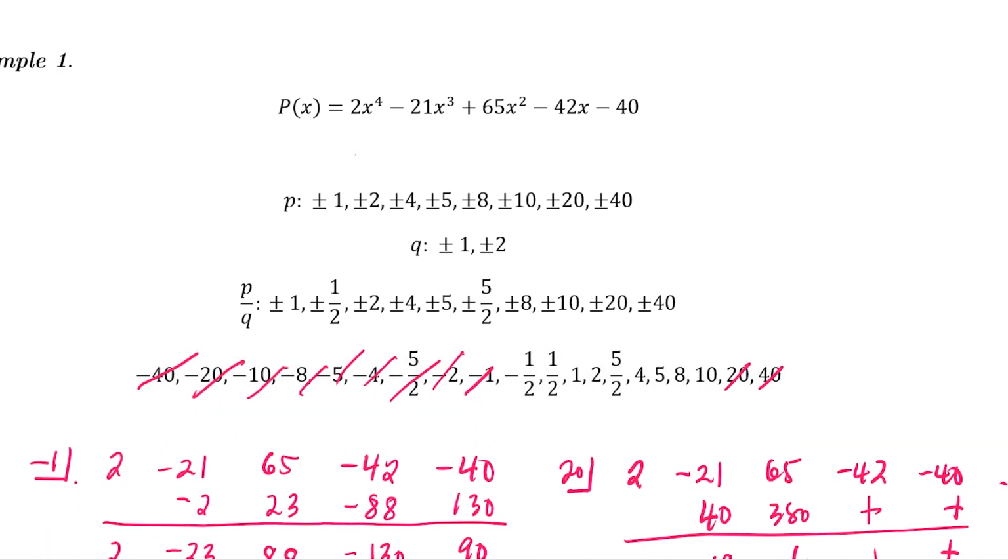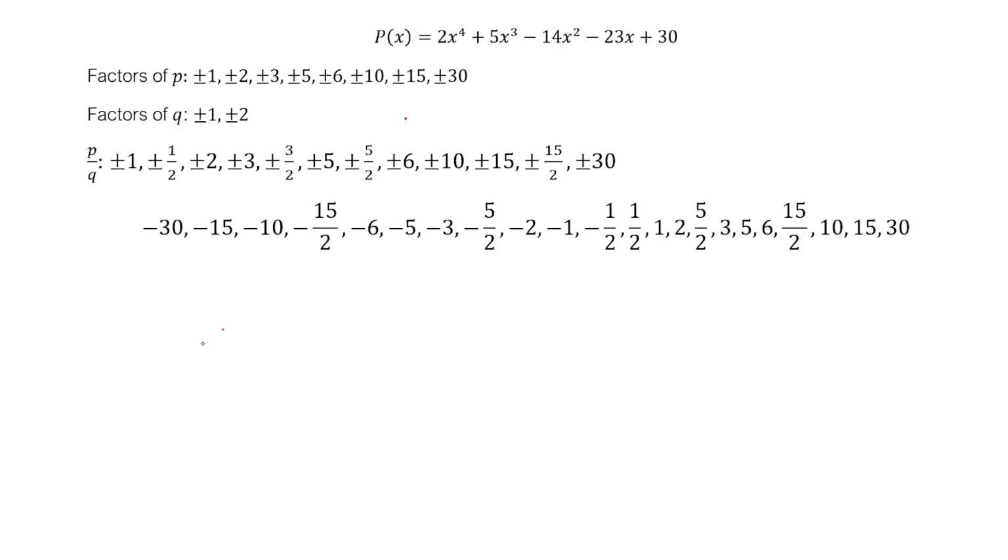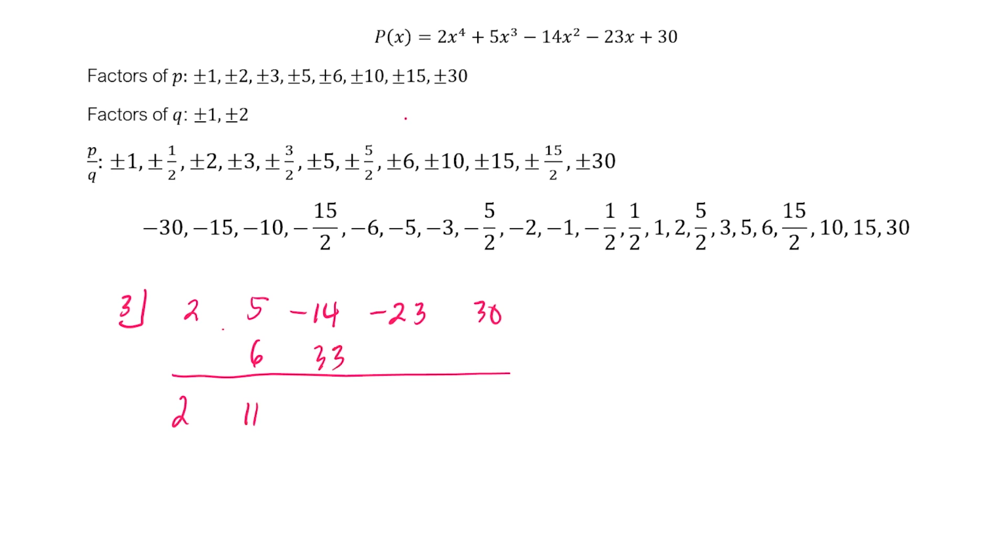Let's have another one. Ito yung example natin na ginamit sa Descartes' rule of sign. We have p of x equals 2x raised to 4 plus 5x cubed minus 14x squared minus 23x plus 30. Let's try 3. We have 2, 5, minus 14, minus 23, plus 30. So for example, sinubukan natin yung 3, no? Let's try 3. So we bring down 2, times 3, we have 6. 6 plus 5, we have 11. 11 times 3, 33. 33 minus 14,